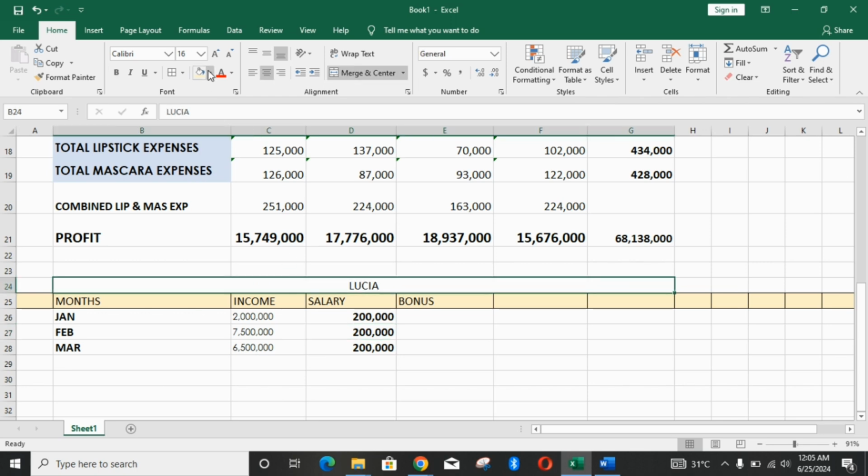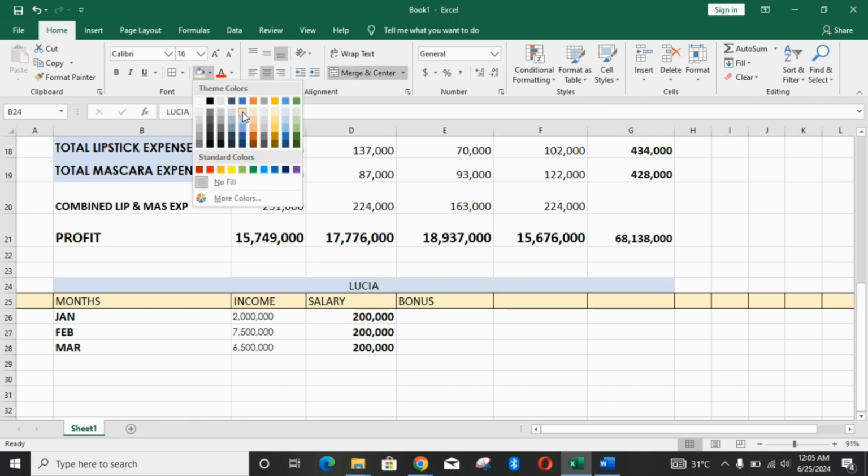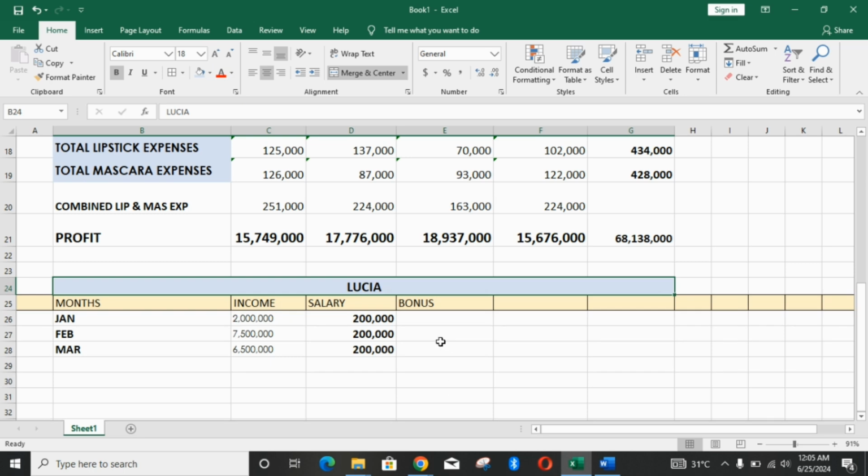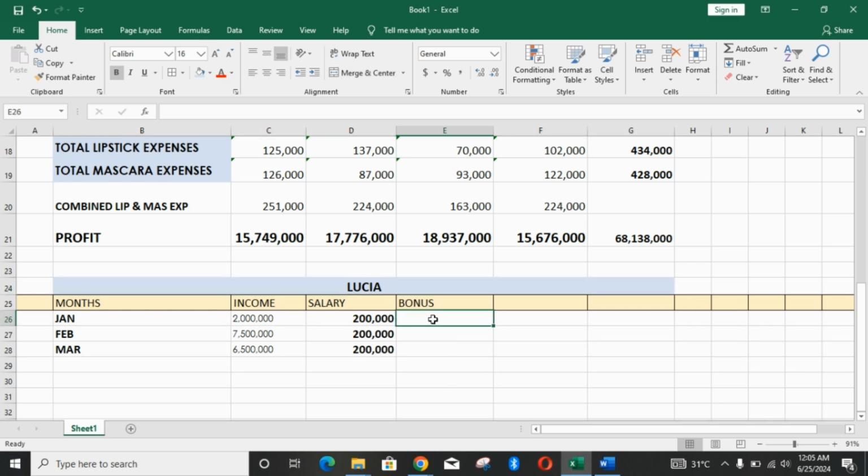Now, let me just click here so you can have a sign of how Lucia is. Okay, so we're going to make a text bold a little bit big. Yep. Okay, so now let's calculate the bonus that Lucia will have. How much will Lucia get if she earns more than 5 million naira for the income column? So we're going to put equal to,